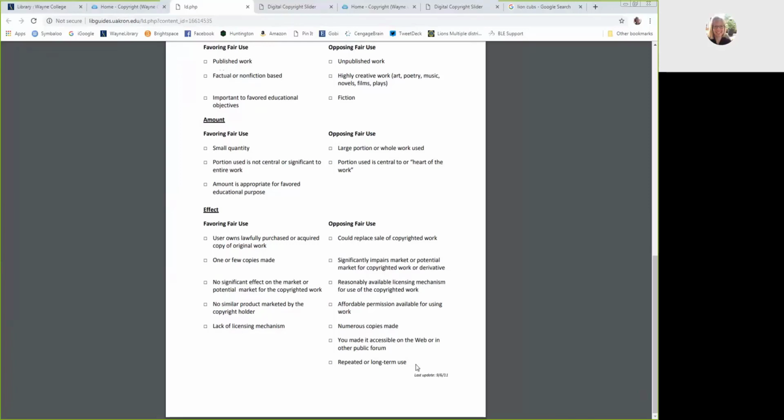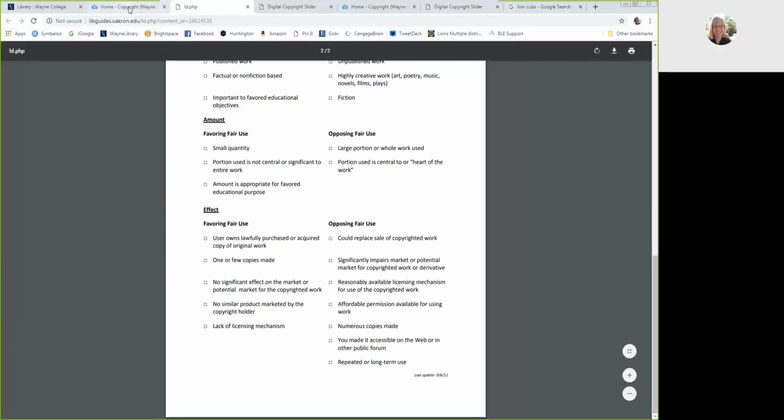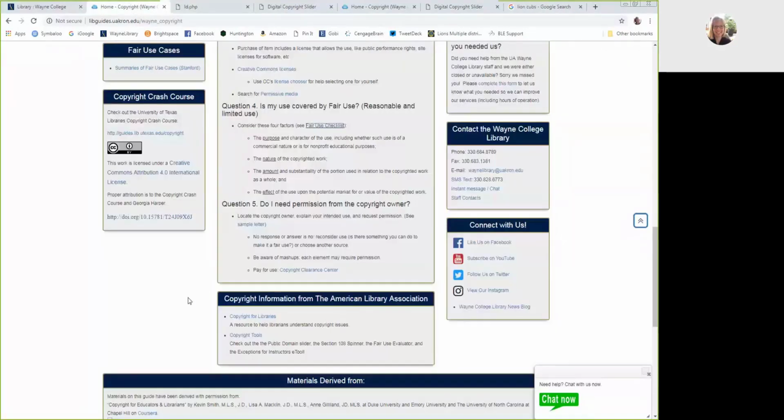Okay, so I'm going to take a deep breath here because that was a lot, okay? This all covers fair use, and you can see why a lot of people talk about this, because there's a lot of gray area here. And I do recommend that you talk to somebody if you're trying to make these decisions. Talk it out with somebody, and you're always welcome to come in and talk to the library staff, okay? And we'll help you work through some of this. We'll give you our opinion, but again, we're not lawyers. We can just tell you what we think about it, and then you'd have to make your own decision.